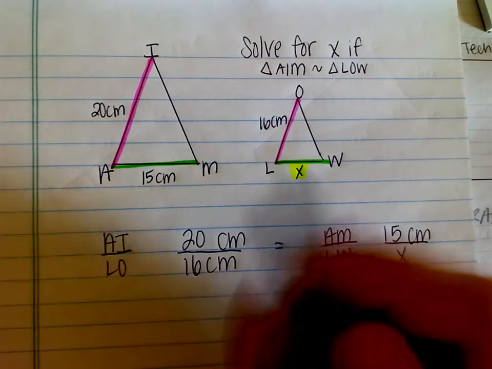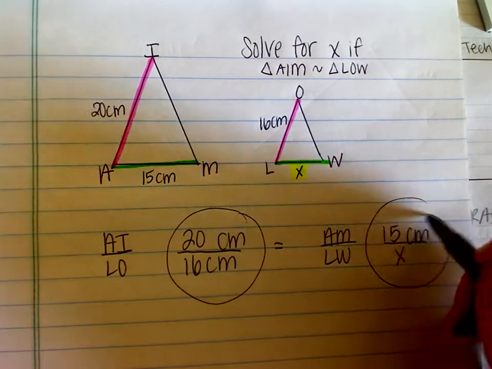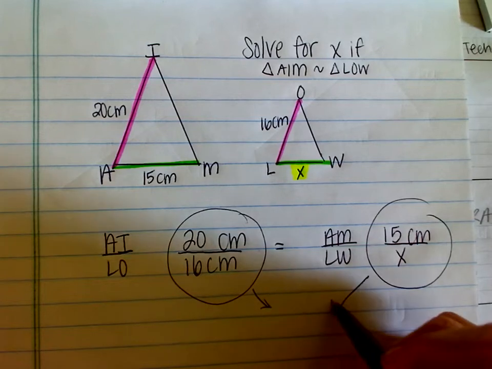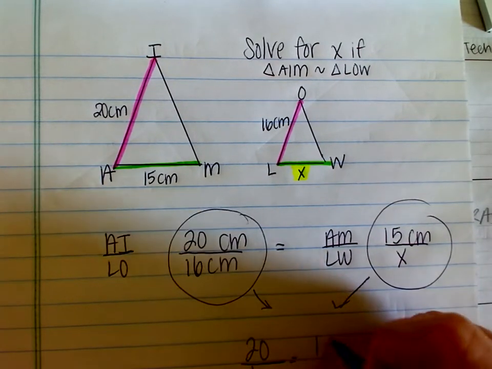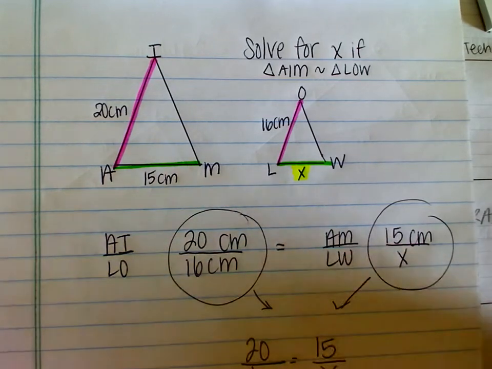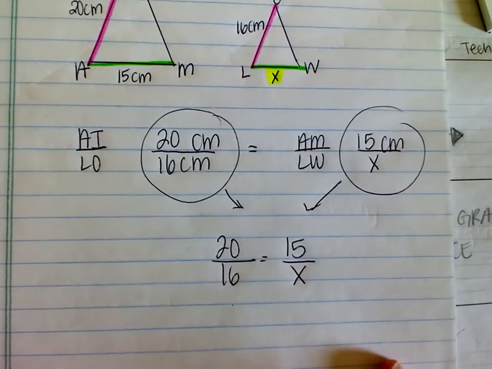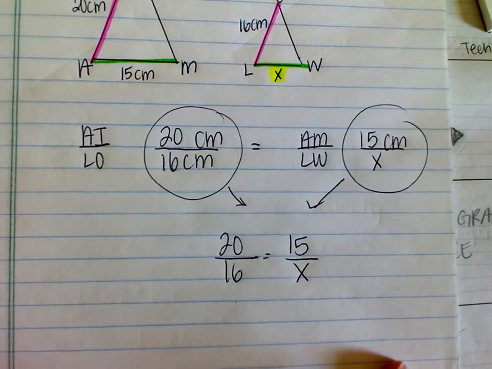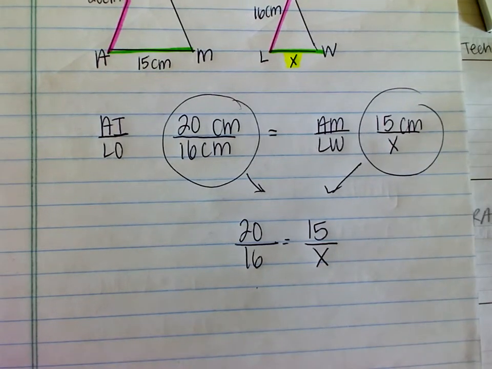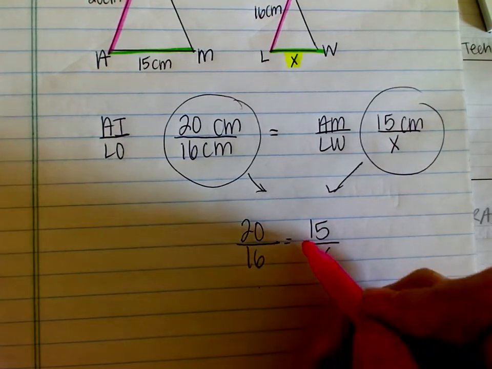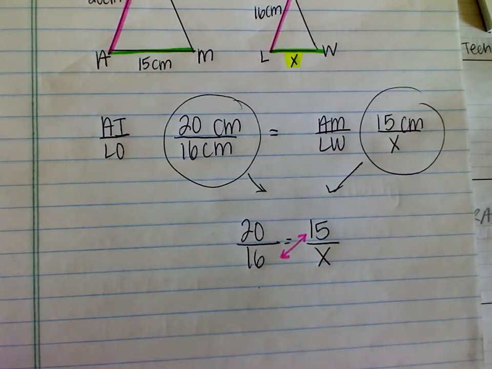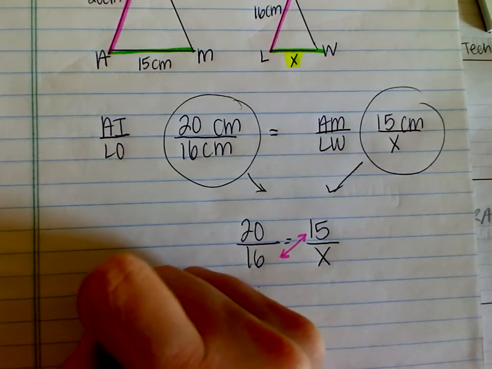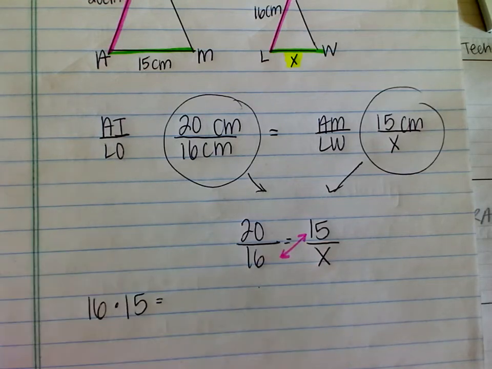The next step is to take just the numbers and put them into one proportion. So 20 over 16 has to equal 15 over x. And this is our very basic cross multiply and divide. We're going to multiply the numbers that are diagonal, so 16 times 15